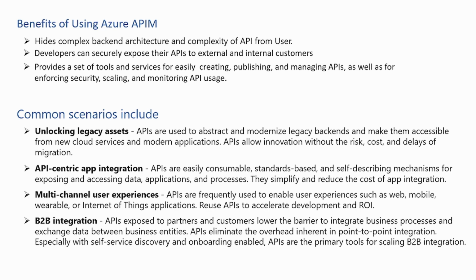It provides a set of tools for easily creating, publishing, and managing APIs, as well as for enforcing security, scaling, and monitoring API users. Common scenarios include legacy assets, API-centric app integration, multi-channel user experience,